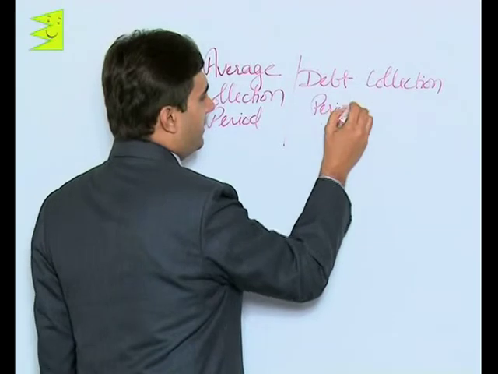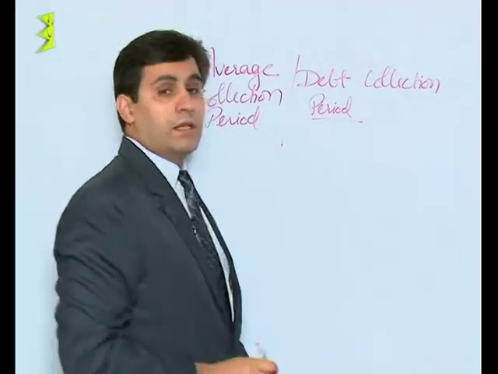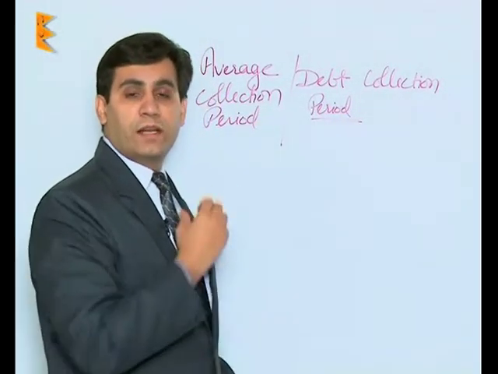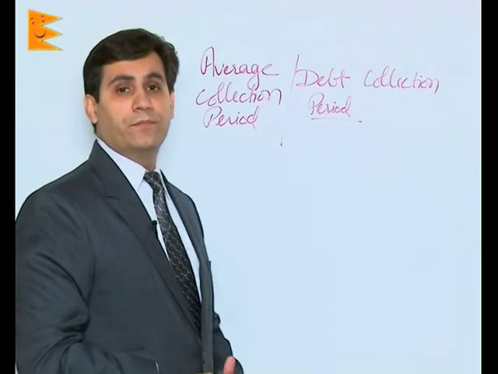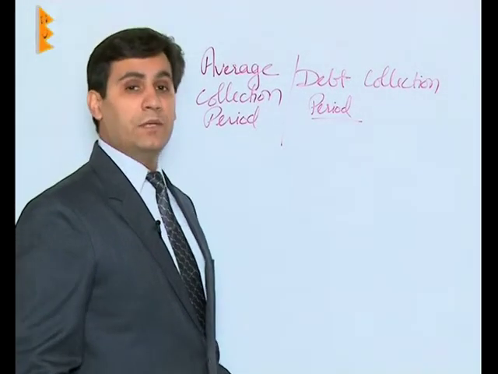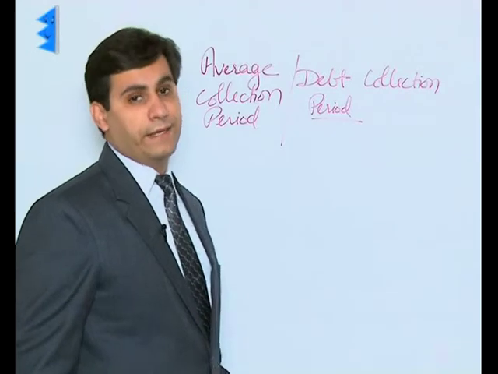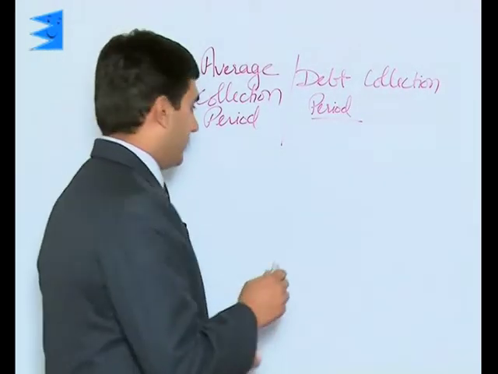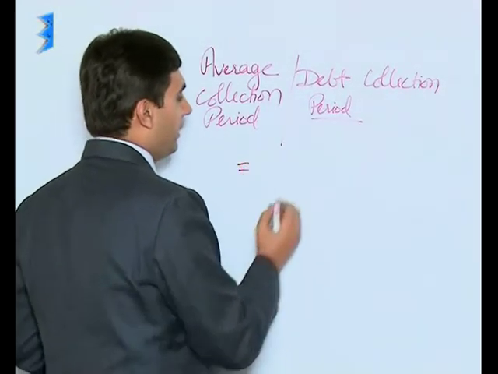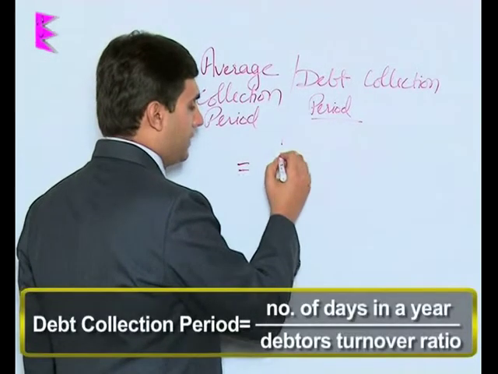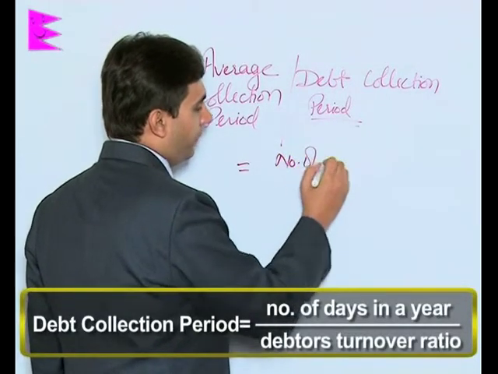As the name suggests, this ratio or this figure actually gives us an indication about the time in which our debtors are being collected. So students, this can be written as or calculated as number of days